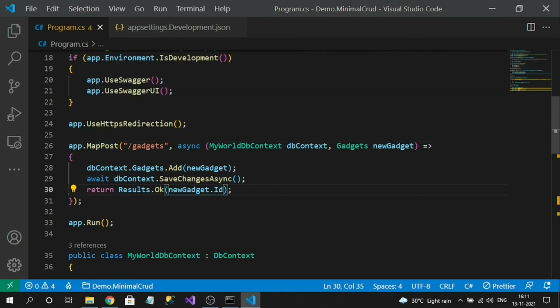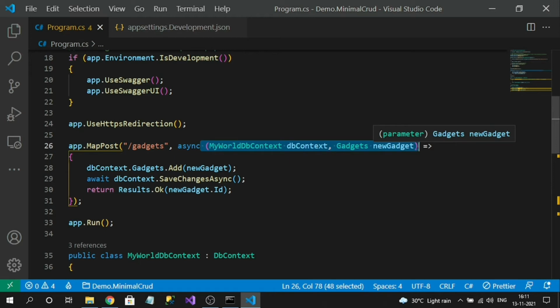For our delegate, the first parameter is my DB context. The order of parameters doesn't have any priority. You can give them anywhere in the input parameters, because this asynchronous delegate can have any number of input parameters, so no order is required.